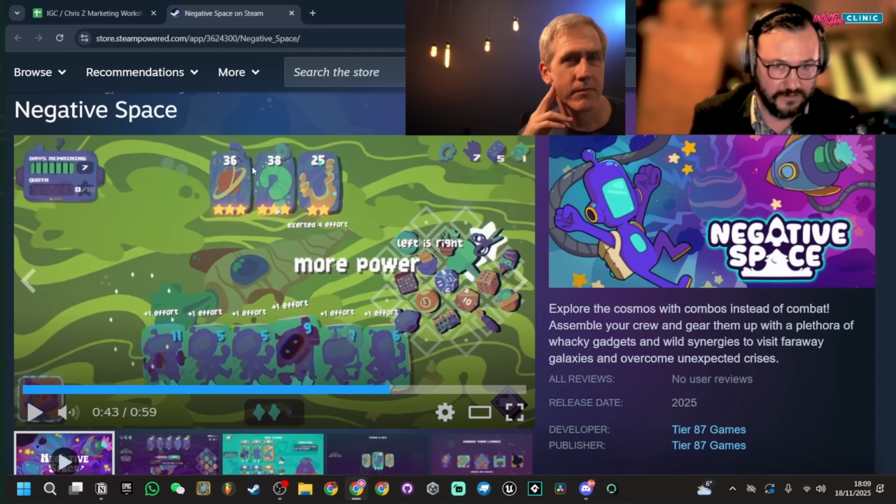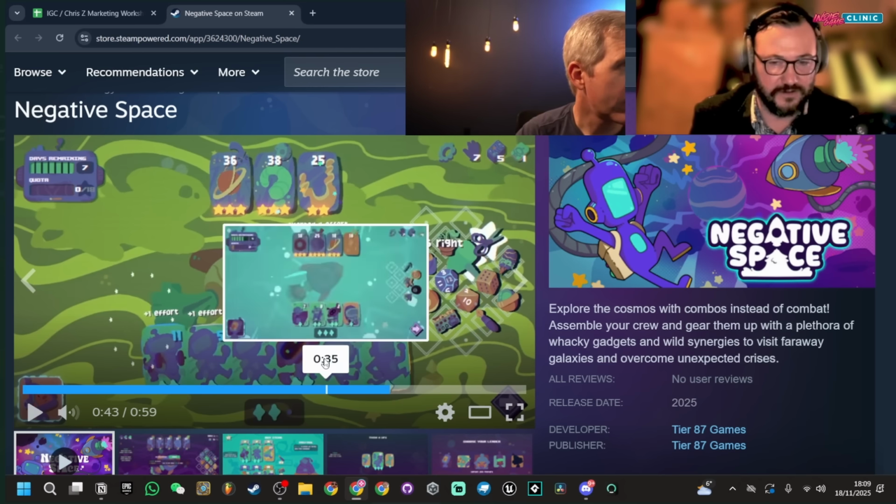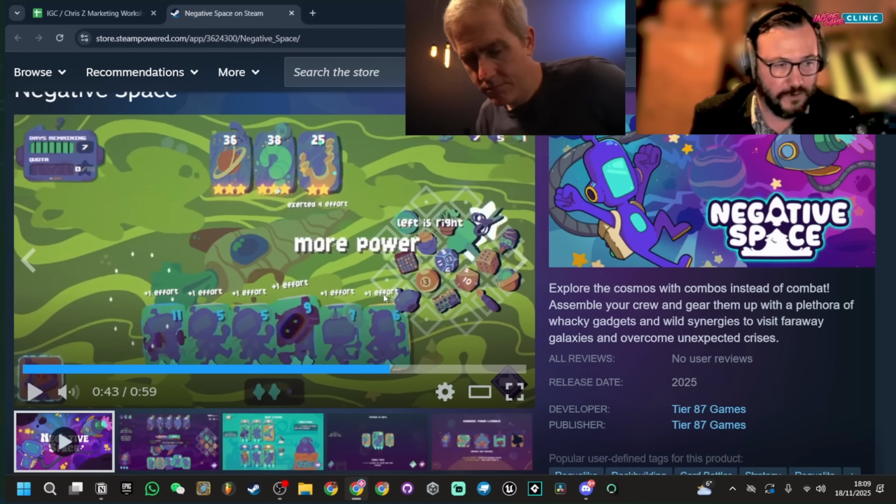Because the way this game works, these are quite abstract. They're things you need to resolve. You need to go and explore these planets, or there's one where it's a traffic jam outside a space station, and you can't do the space station if you don't clear the traffic jam first. And then occasionally there's darker things like a big space dragon killing your crew or whatever. But generally, it's quite soft.